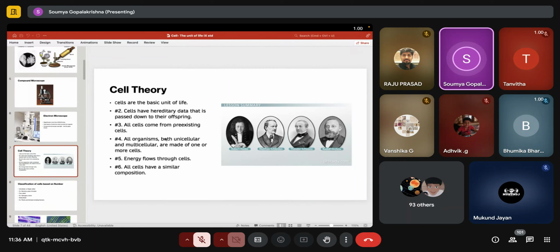When you chew your food, what happens? You're grinding it, and let us say you swallow it into your stomach. Now, in your stomach, the food has to be broken down, for which gastric juice, digestive juice, has to be liberated. What is liberating these digestive juices? The cells which are lining the stomach. So that is where the enzymes are coming out, right? So digestion cannot happen without the cells.